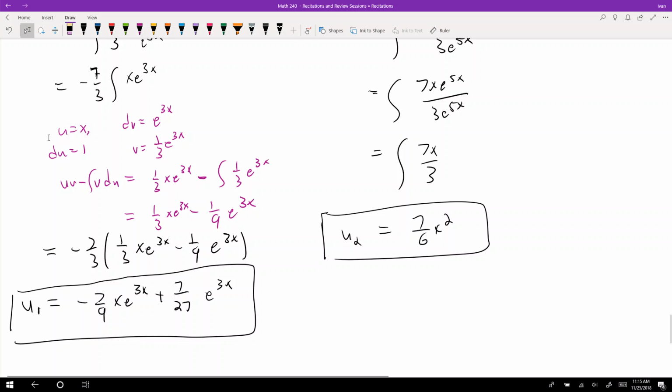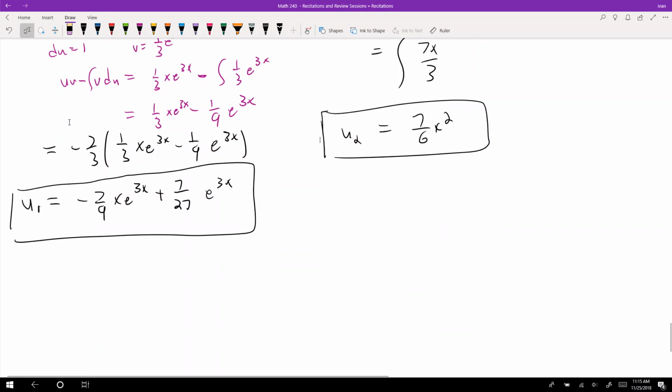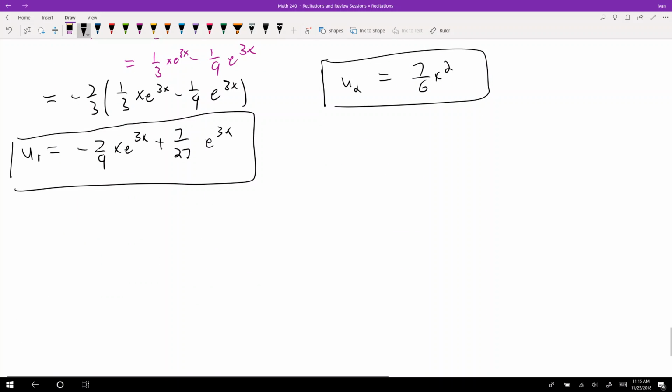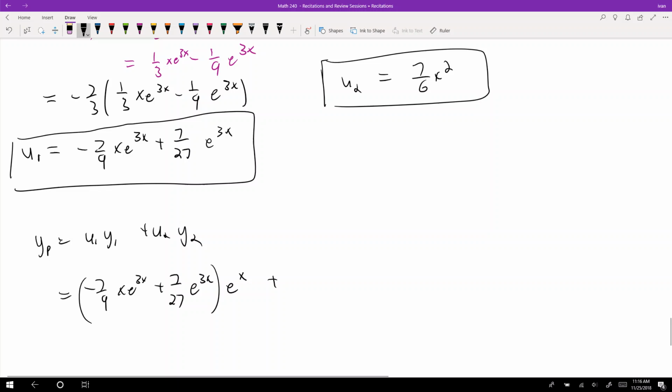So, okay, you have your integrals that you solved, and you have u1 and u2. So now you want to plug that back in, right? So step 4, or I guess this is still step 3. So yp is equal to u1 y1 plus u2 y2. So that's negative 7/9 x e to the 3x plus 7/27 e to the 3x. y1 was e to the x, and then plus u2, which was 7/6 x squared times y2, which is e